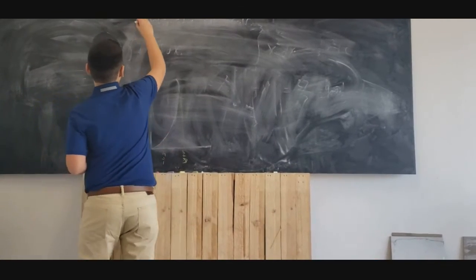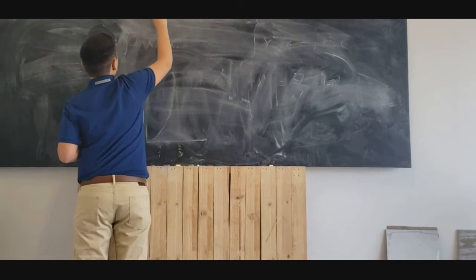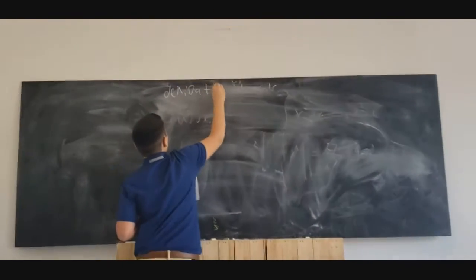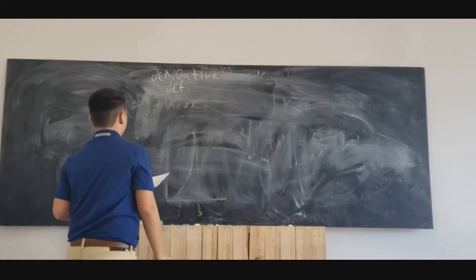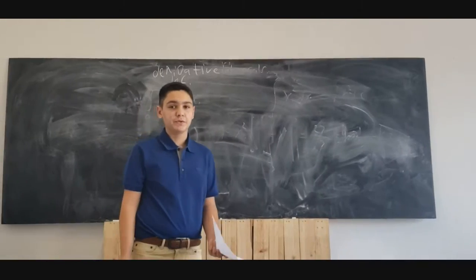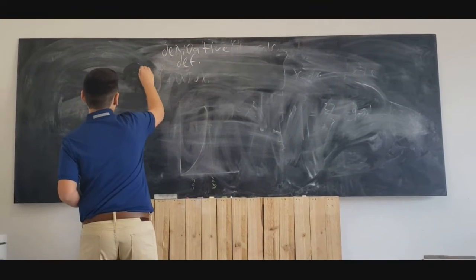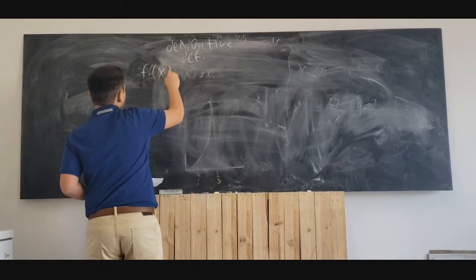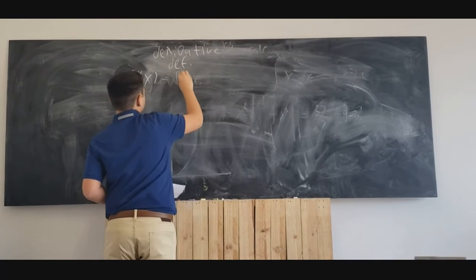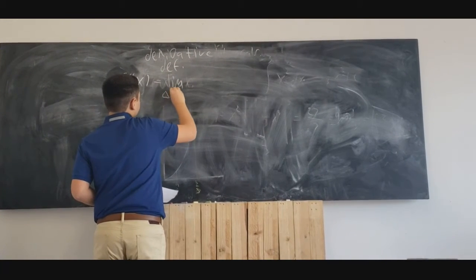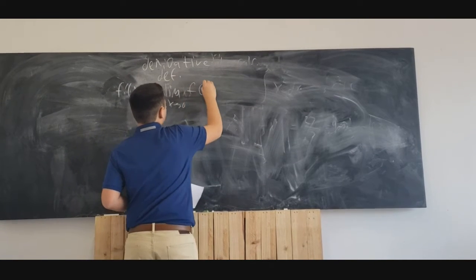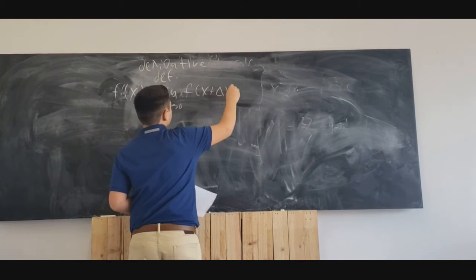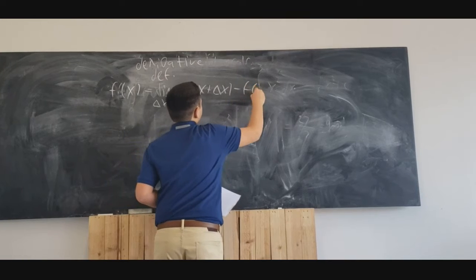The derivative definition, we all know this from my first video, is f prime of x is equal to the limit as delta x approaches 0 of f of x plus delta x minus f of x